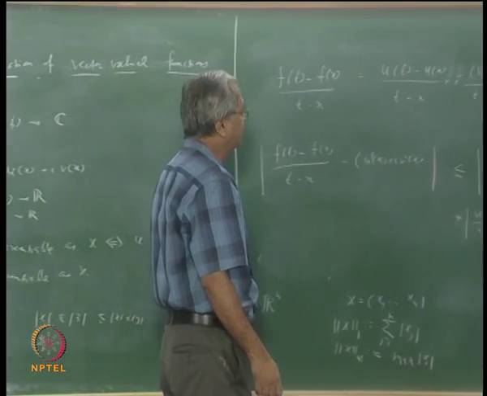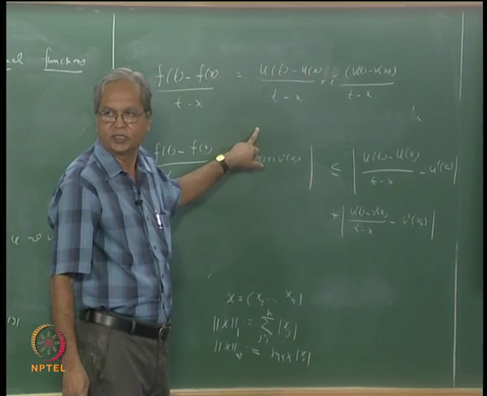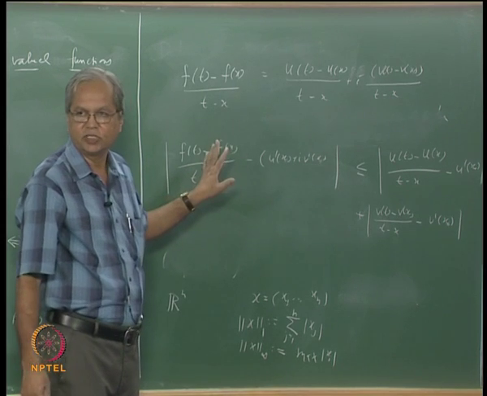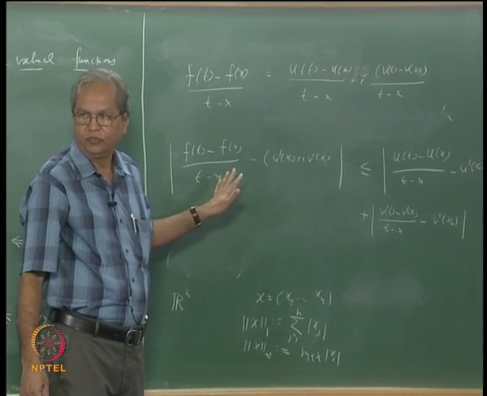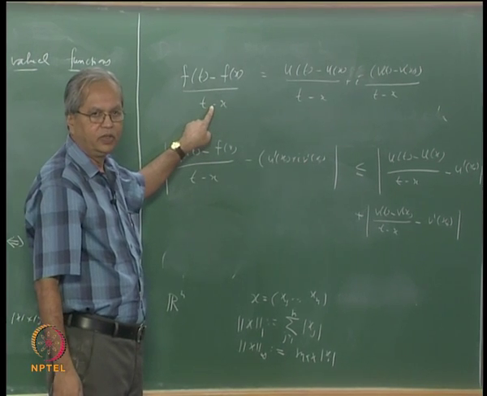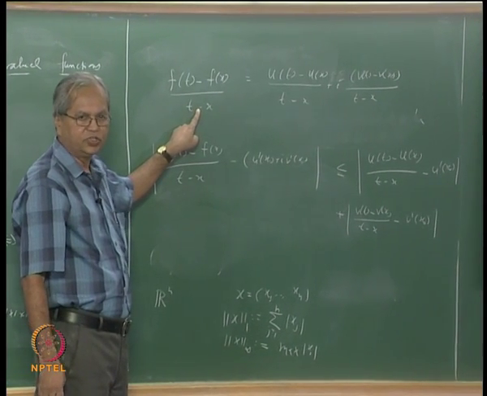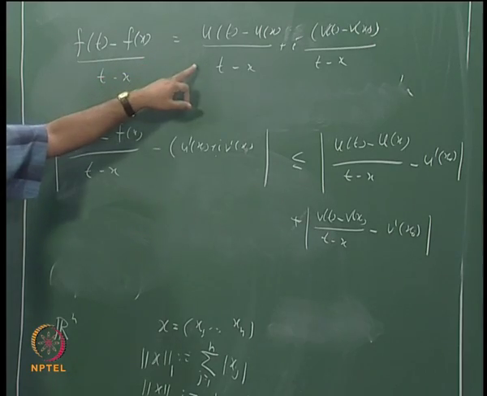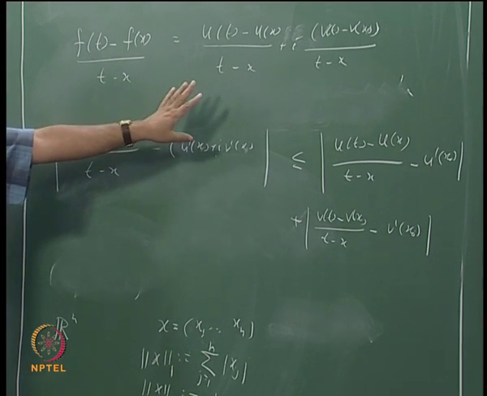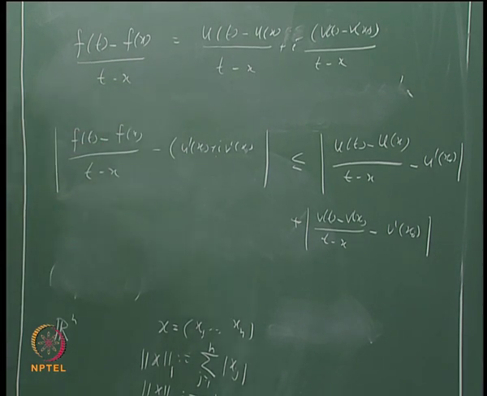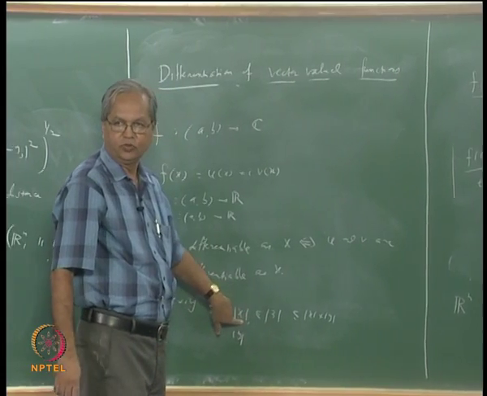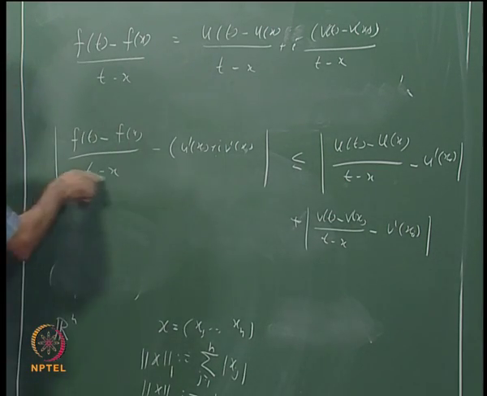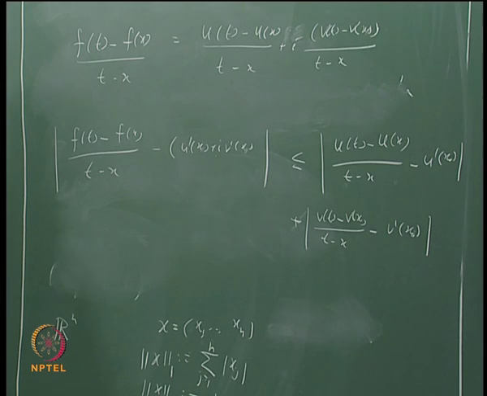What did we prove just now? That if u and v both are differentiable at a point x, then f is differentiable at that point and its value is nothing but u prime x plus i times v prime x. Conversely, suppose f is differentiable at a point x and suppose its derivative value is f prime x, then the real part of f prime x will be the derivative of u and the imaginary part will be the derivative of v. In a similar way, and for that you will use this part of the inequality, because if you take only this much, that will be less than or equal to this, alright.